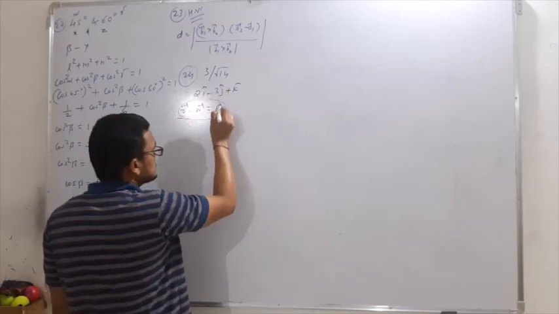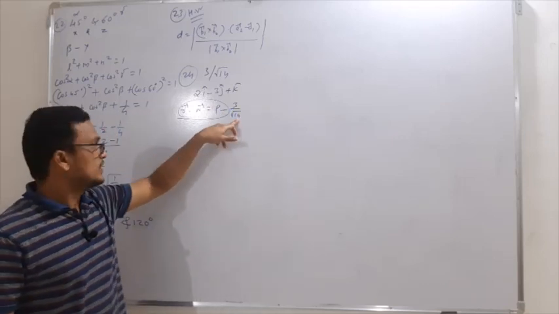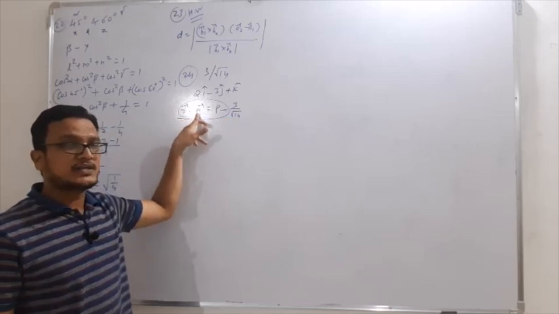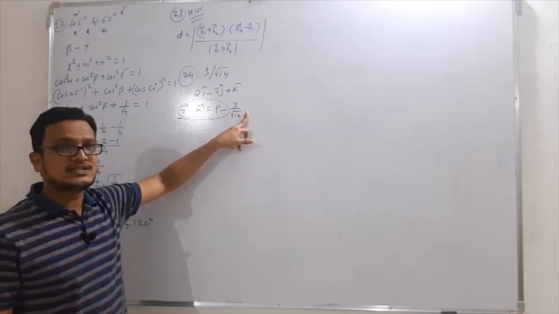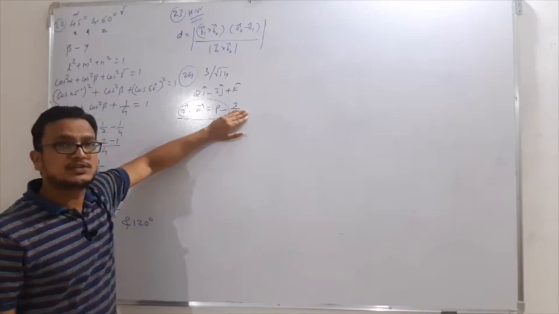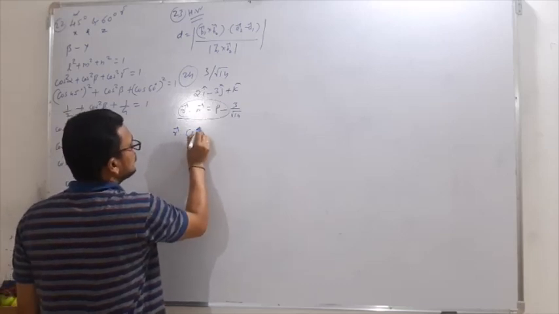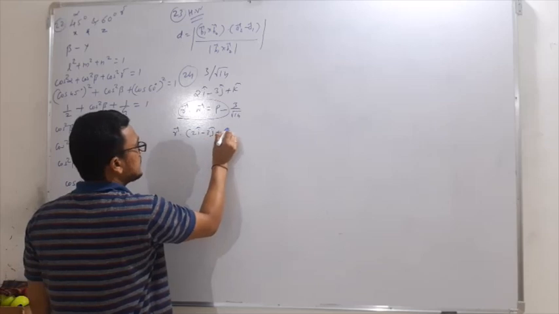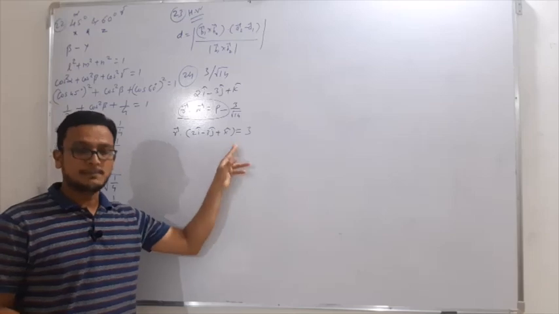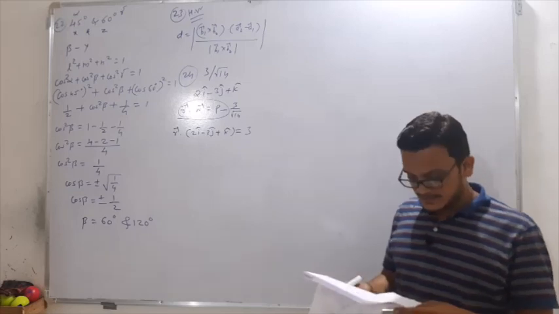See, whatever this distance is given, this distance is 3 upon root 14. Actually, how do we get this root 14, you know? Whatever that vector n is there, we find its magnitude, and we divide the distance by that magnitude. But if I remove this, then what is left? r dot vector n is equals to 3. That means r dot normal from the origin, 2i minus 3j plus k, is equals to 3. So this is your answer. This is the vector equation of a plane. I think the second option will be correct in this.